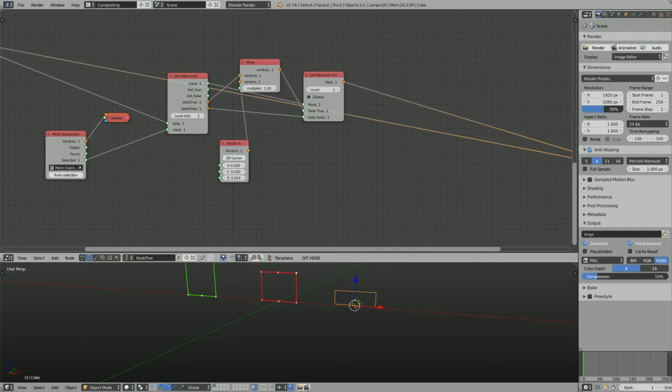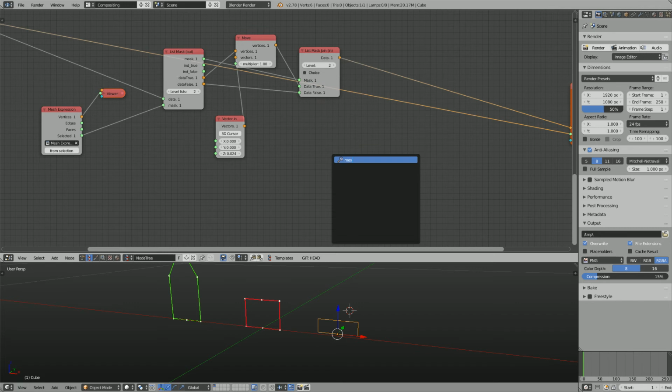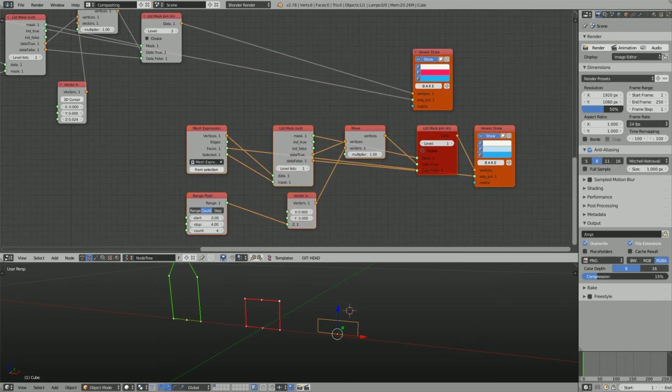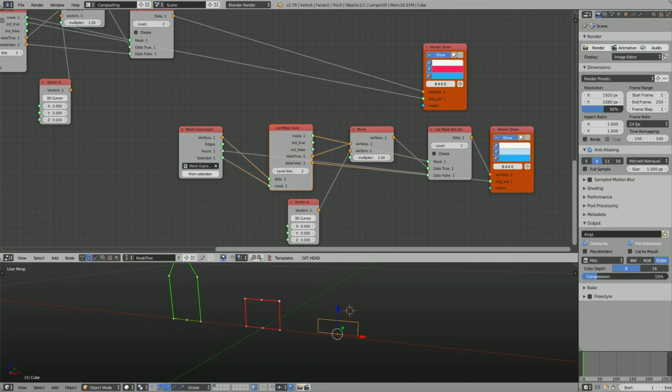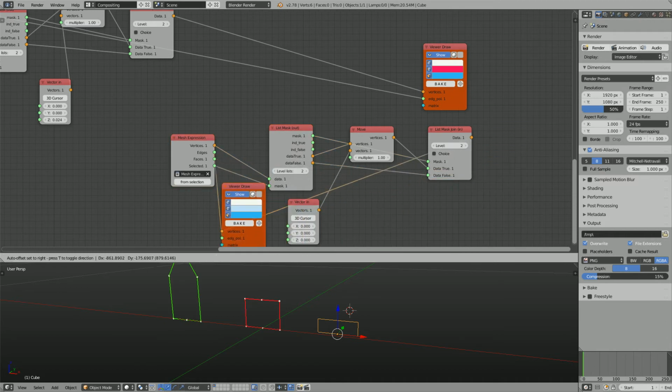Now we want to select just the one at the center, this 1 point. Go back to object mode, mass expression. Once again, hit that button. Now you get this. You don't need this guy. This should be level 2. And this guy should be connected to viewer draw,